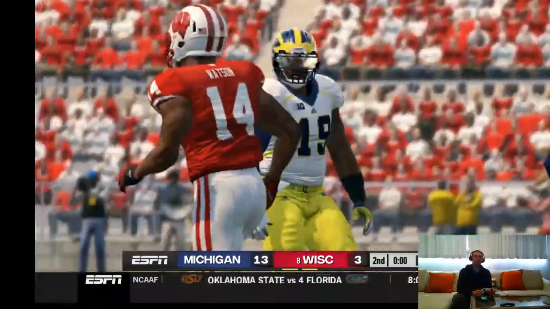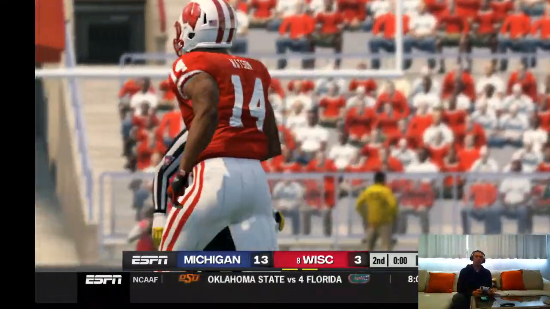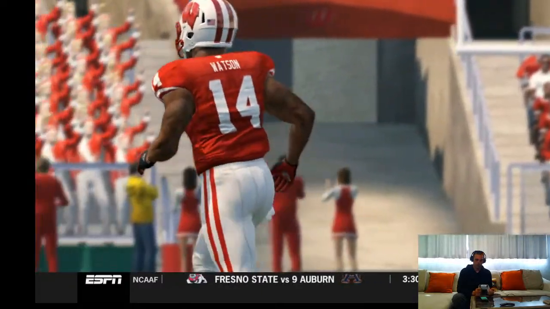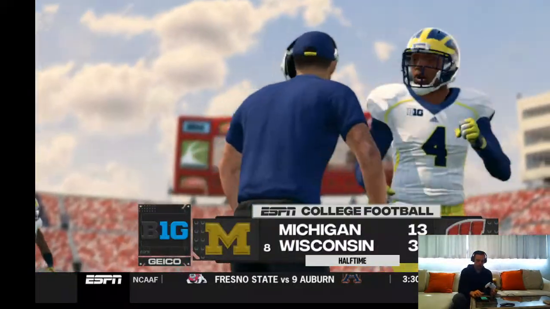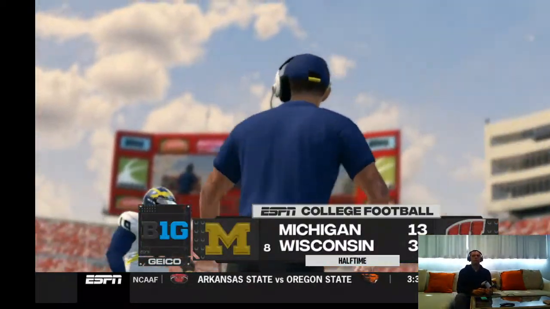It's 2nd down, 7 to go. Ball on the 28. Certainly not what we expected as we head to halftime. 13-3, Michigan.